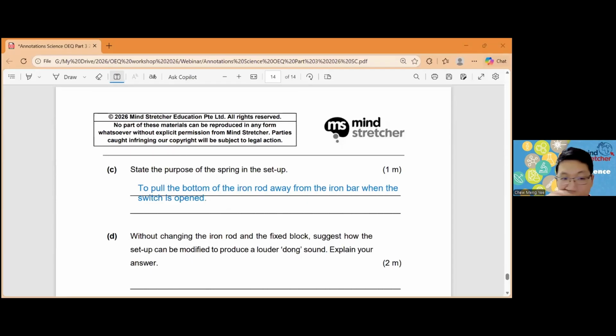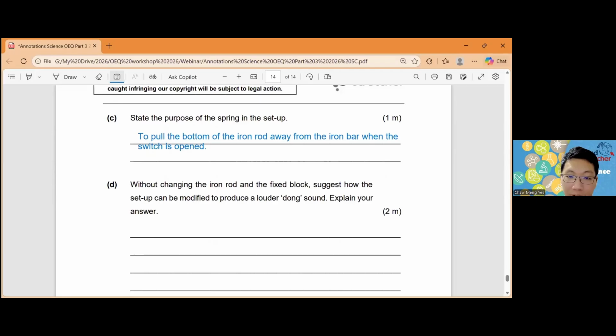So D, right? Some of you are saying yes, stiffer spring to produce a larger dong sound. Correct. But let's explain the answer. So we use a stiffer spring, but why? They are going to be attracted and pulled to the same amount. But when you use a stiffer spring and stretch to the same length, then it will exert a greater elastic spring force. Therefore, have a greater impact.